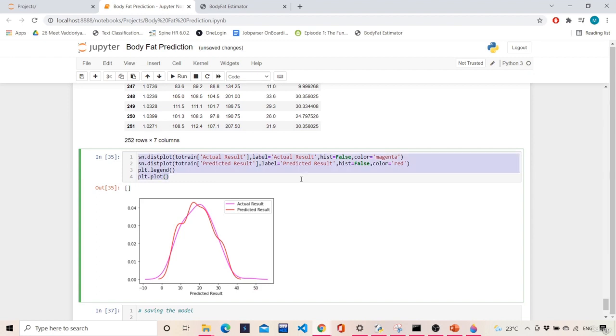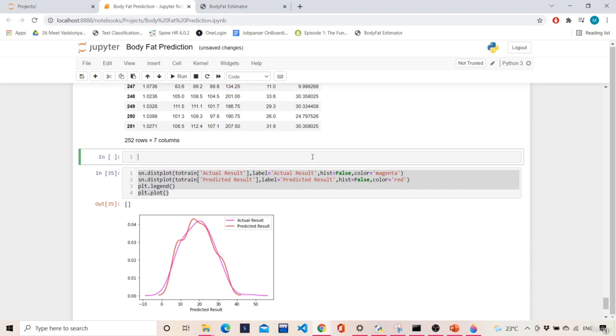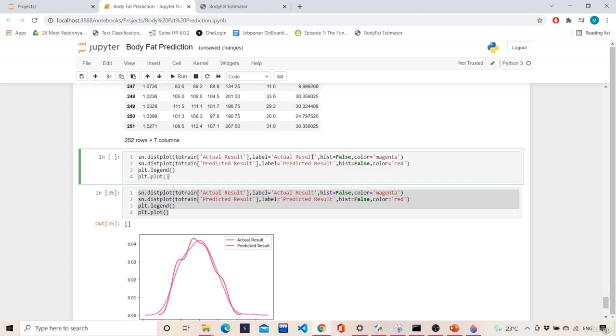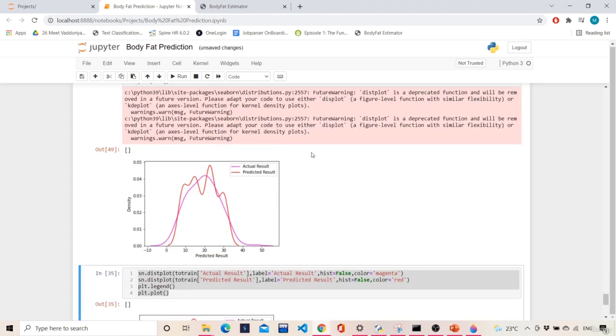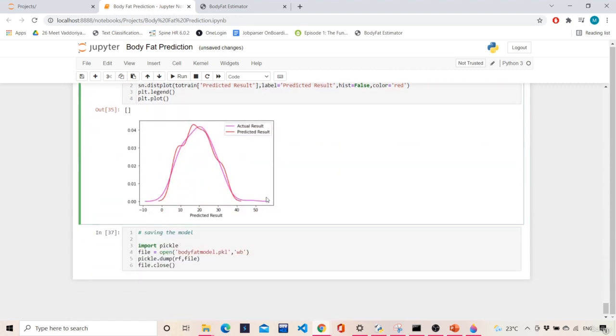So basically what I'll do is I'll try to get good scores here. So if I just execute this, I can see that there is a kind of variation going around here. So the predicted result is in red, and the actual result is in magenta. So this kind of variation is going around here. So basically what happened is